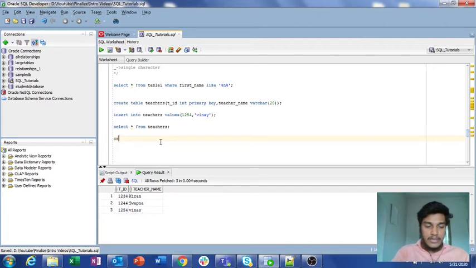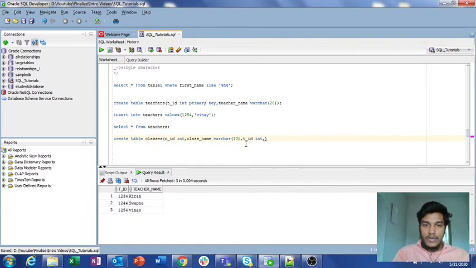Now I am creating another table. Create table classes. Here I want to mention class ID, C_ID, integer, and then class_name, which is a varchar of 10, and then another column is teacher ID, T_ID, which is an integer.